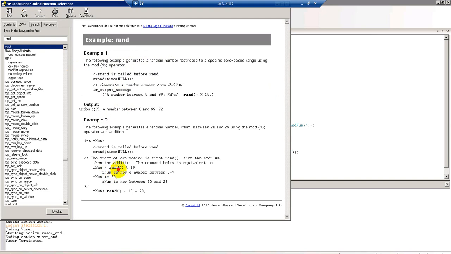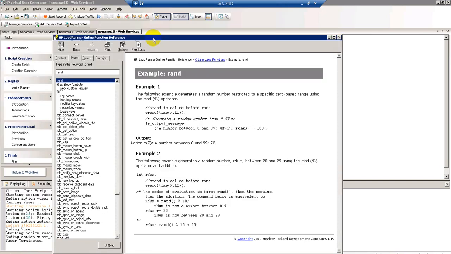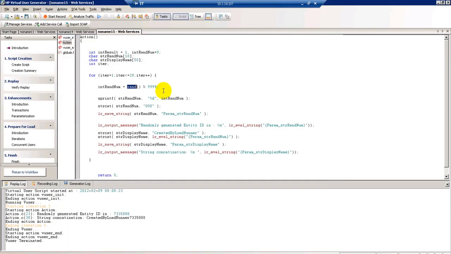rand percentage by 10, if you give percentage by 10, it will print a number between 0 and 9. So between 0 to 9 it will give some number. Here it will randomly generate a number between 0 to 9999 and store it into this value.